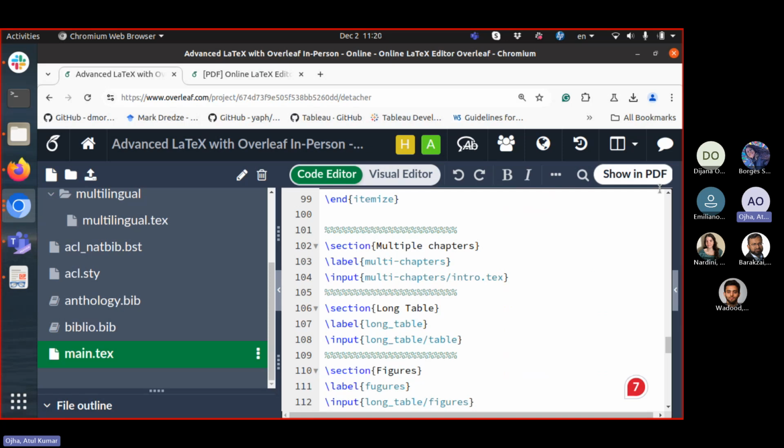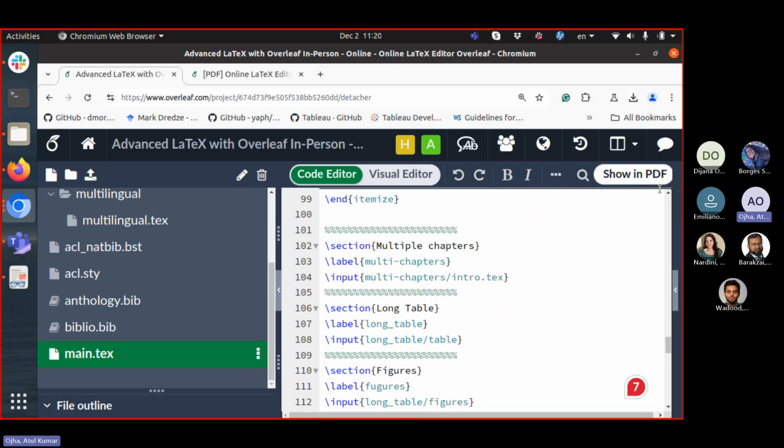You can use the label name multi-chapters, and it will automatically hyperlink or refer to the chapter's name. I'll explain more. But because we are going to call intro.txt, which is not a normal section but a different text file,